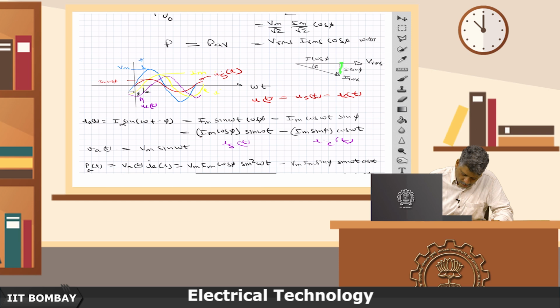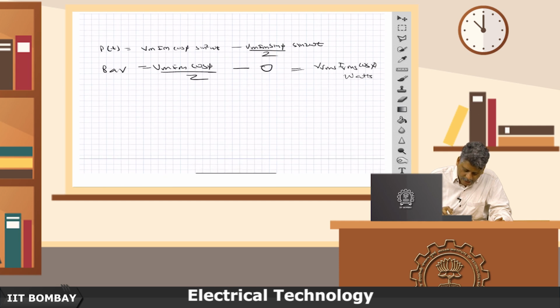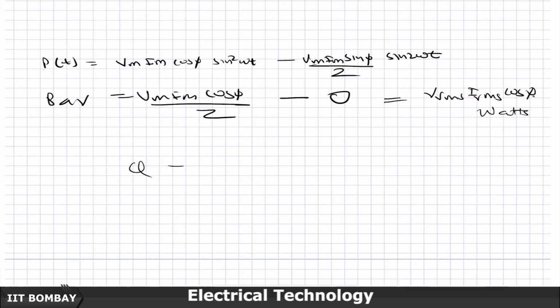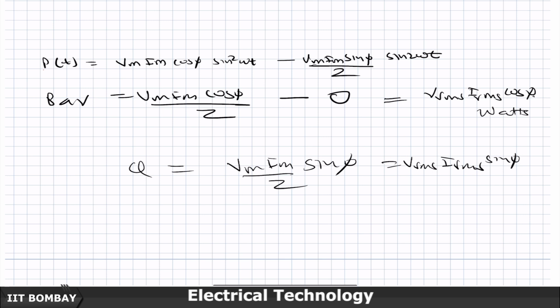And as I said last time, this VmIm sin phi, similar to this component VmIm by 2 or Vrms Irms cos phi which gives you the average work, while the Vrms Irms sin phi is a component which we could not use effectively, and this is called as the